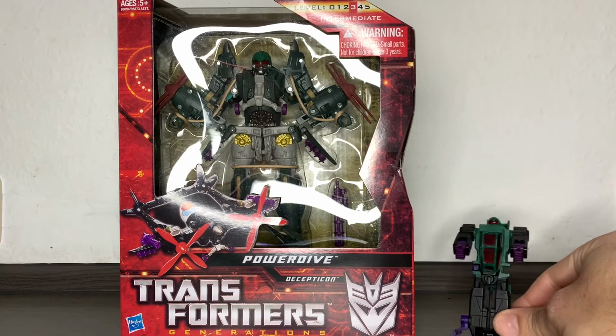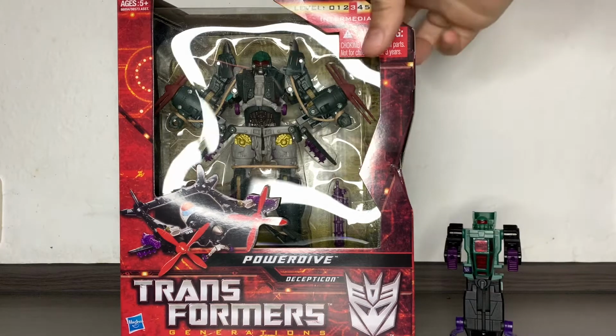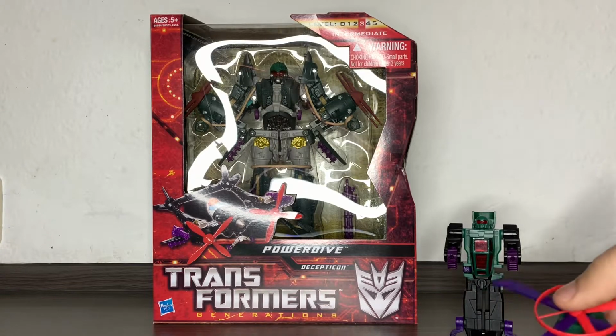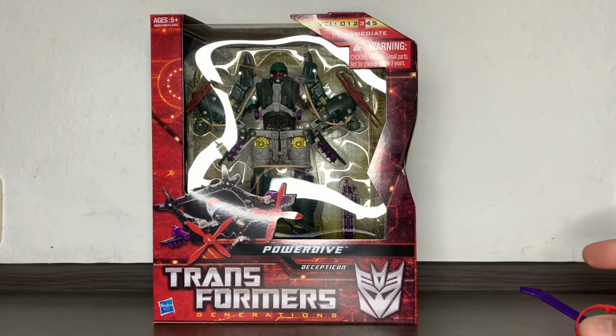You know, I have the original, well, I don't know if there is a G1 Powerdive or something. This is a G2 figure I've had since I was like 10 or something like that, maybe even 9 years old. You know, it's from back in the day, in the 90s. I don't know if that figure is from 1993 or 1994 or something like that. And that was primarily, well, also I find the figure to be really, well, I like how it looks,